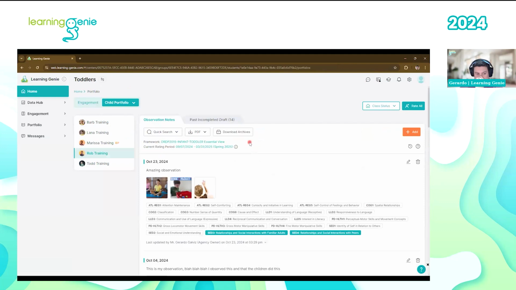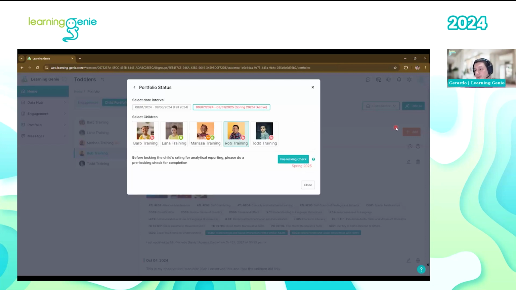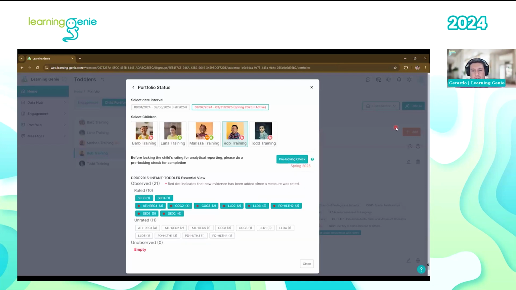The third option that you have is using the portfolio status button. You will find that button under the class status button. I'm going to click it, and the second option is portfolio status. This section will show you every single measure missing for rating, missing for observations, and also that is already rated. That's why you can see right here that you have